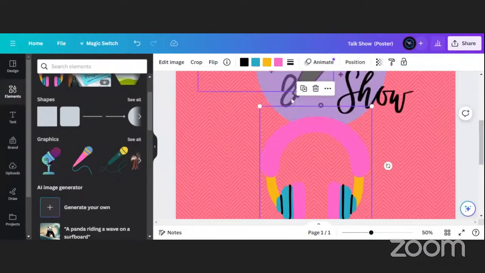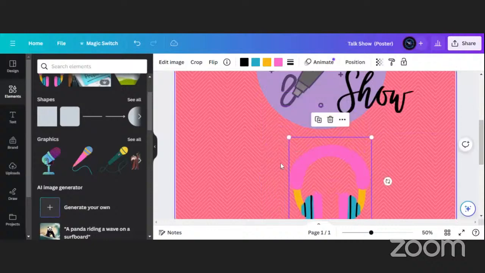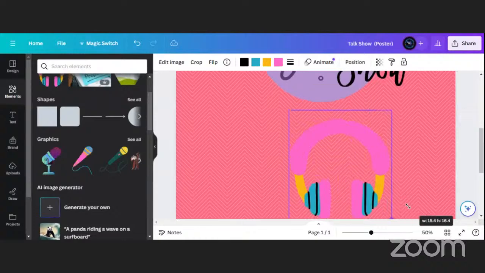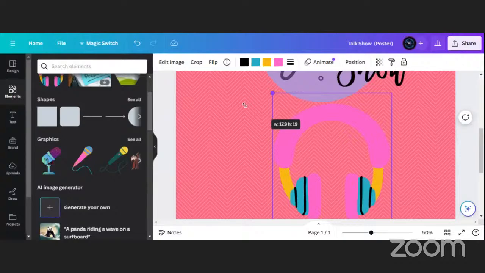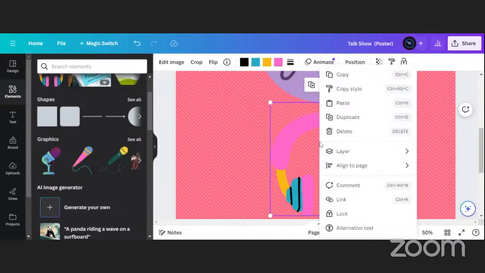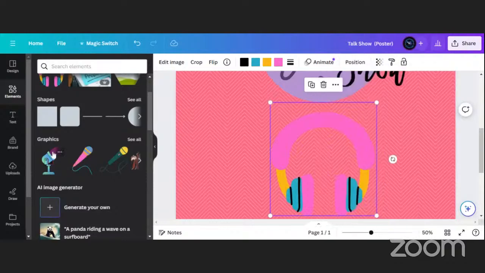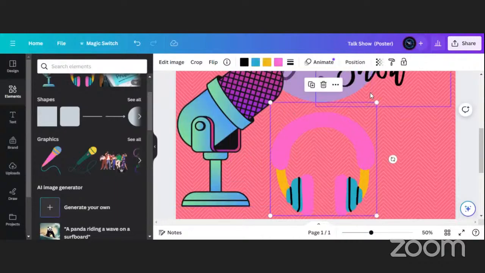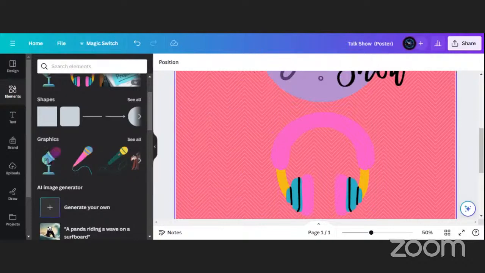Then you can just adjust it. Unfortunately, it does not have that option like in Microsoft Word, where you can just click replace image and then it comes in. But I don't find it time consuming because you can just remove it, or you can just bring the image that you want. Yeah. So this is how it works here. Is it clear, Christopher?